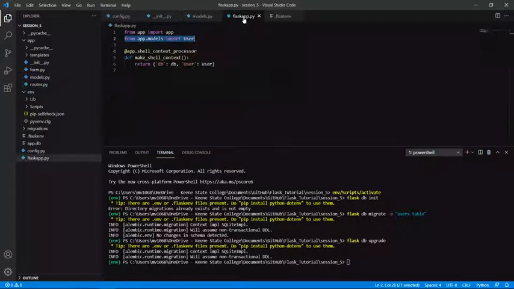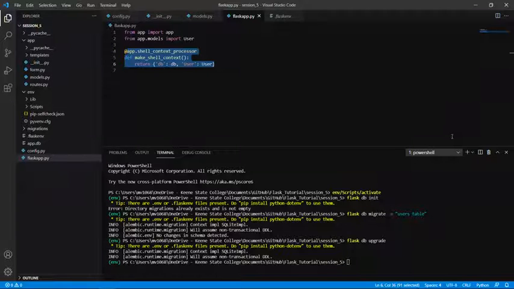So now we have to import this class User from app.models. Then we have to add this content to handle the database and the user in our main script. We have to integrate our User class from our models, and also integrate this information.